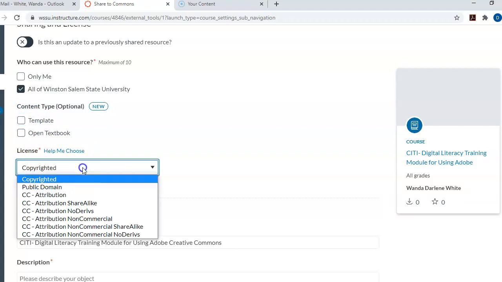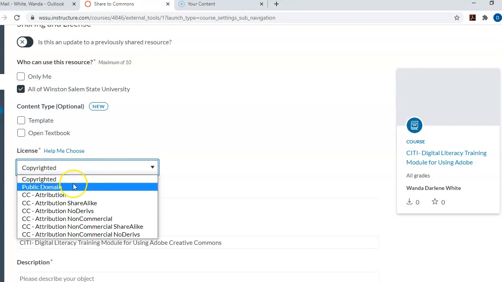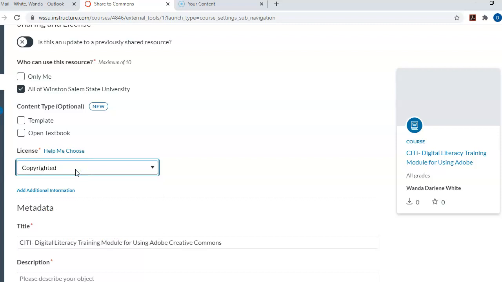License, copyrighted or public domain. These are the two most common. The copyrighted means that if you have content that is your own, meaning that you have course handbooks or workbooks or even textbooks that you have taken material out that belong to you, or if you have any types of teaching materials that are